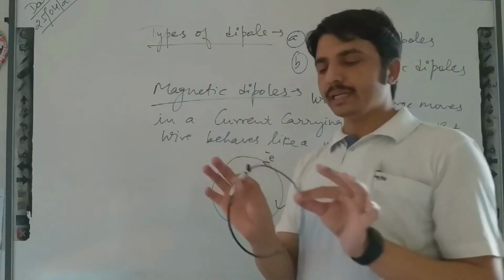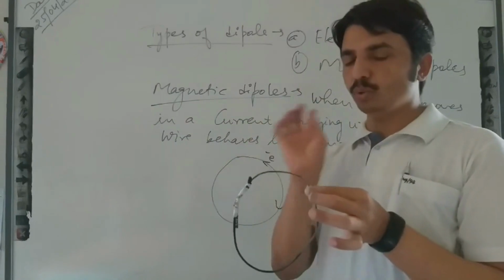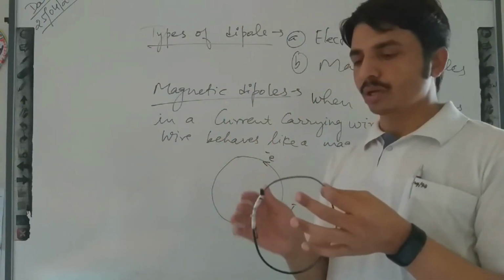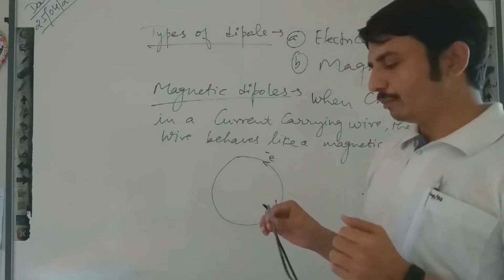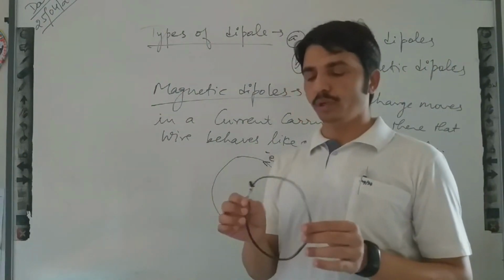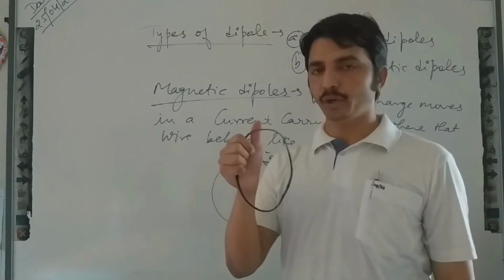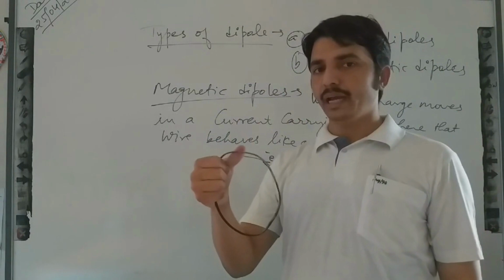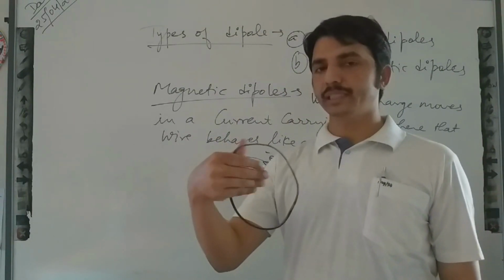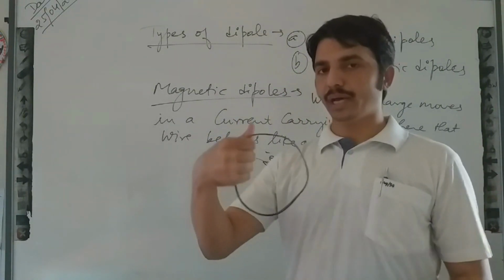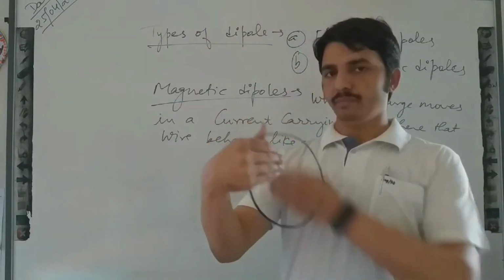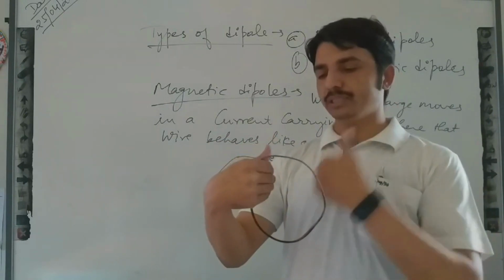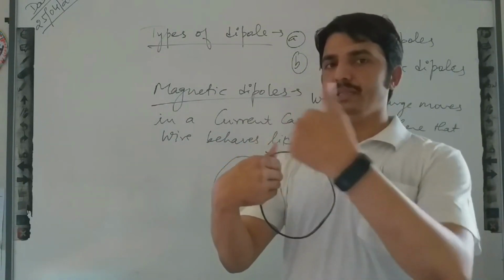So one current carrying loop has two poles, one is the south pole and one is the north pole. Okay, how will you identify which one is south, which one is north? You will grip the wire in your hand, then you extend the thumb in the direction of the current and your fingers show the direction of the magnetic field lines. So the direction of current is clockwise and my fingers are moving from this end to this. So this end will be the south end.